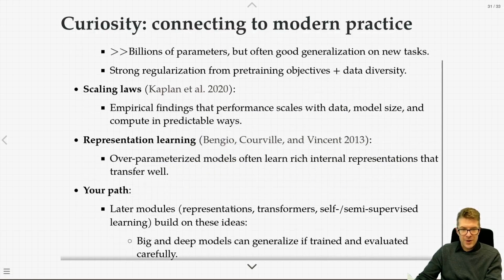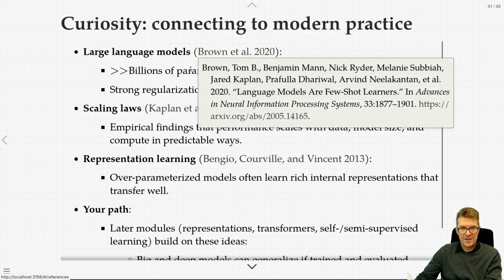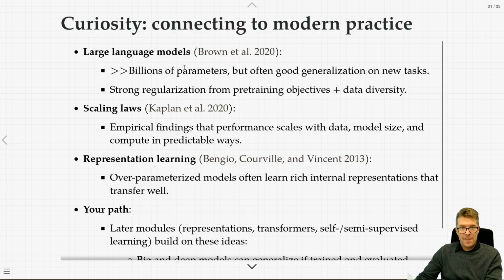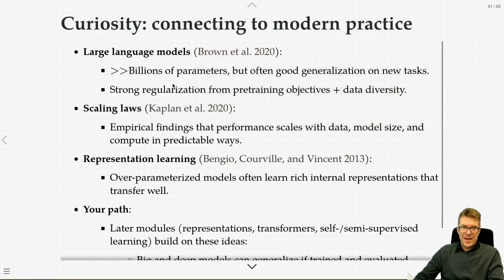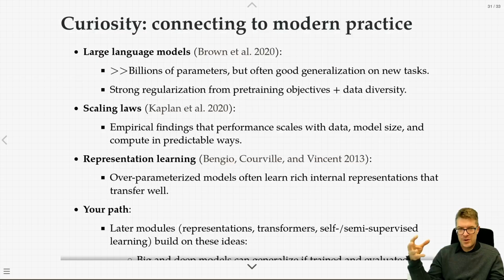Here are just a few other links for you to follow on how some of the topics from today touch on other topics. And as mentioned, large language models, because they're so interesting. You have many orders of magnitude more than billions of parameters, but these massive models often generalize to new tasks. One of the most famous papers, which I'll try to link to a little bit later, shows that even if a model is not trained to do machine translation between English and French, for example, these massive models can become state-of-the-art machine translation models just because they've acquired so much information about English and French that they learn connections between them without being told to.